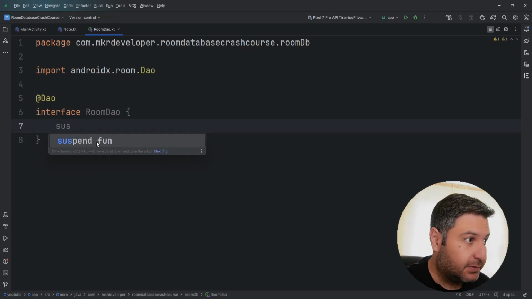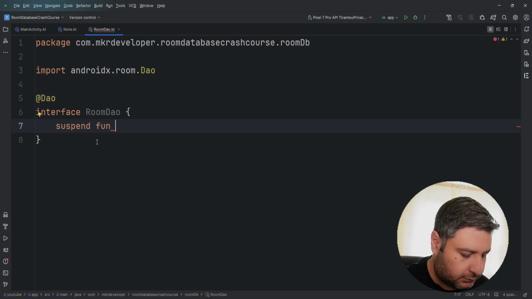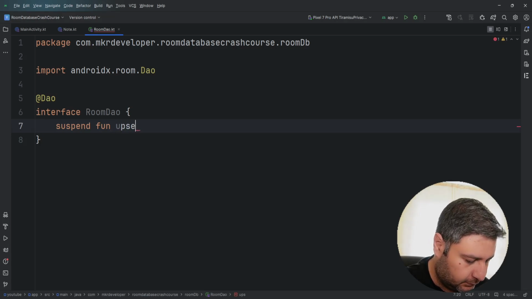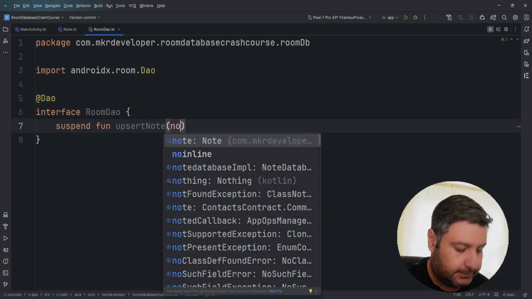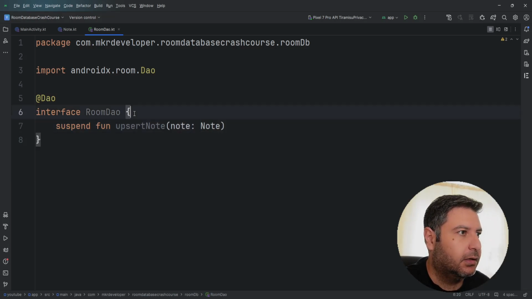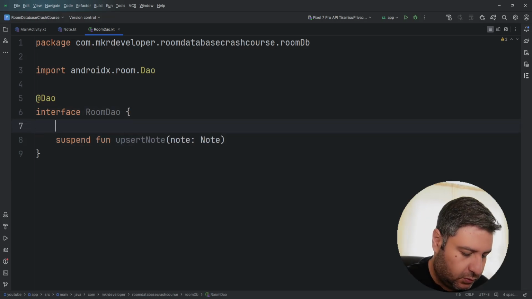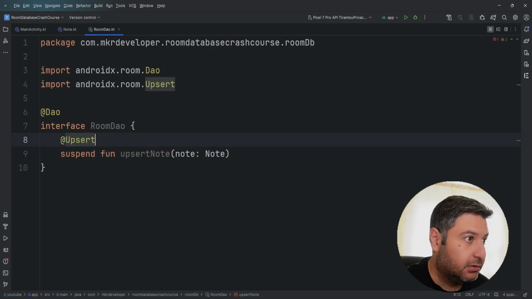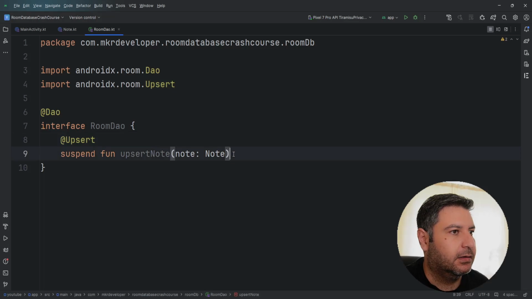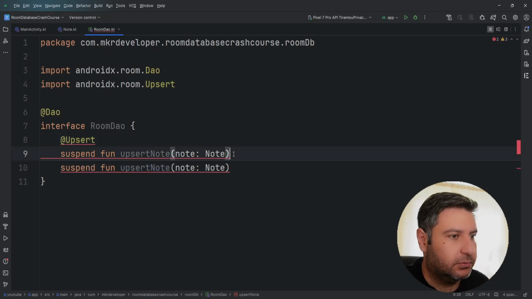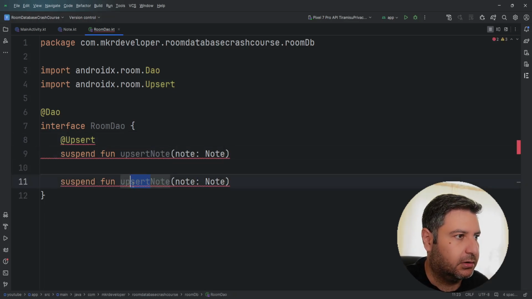We need a suspend function for upsert node, and we have to pass a node to it, and it has its own annotation, called upsert. So that's it. And let's press Ctrl D to duplicate it. Instead of this,